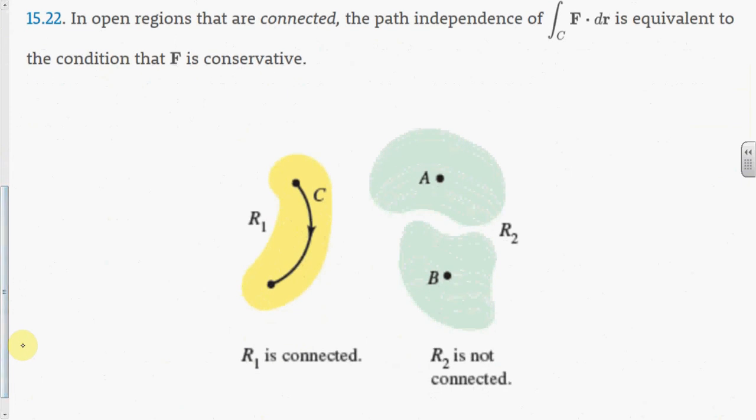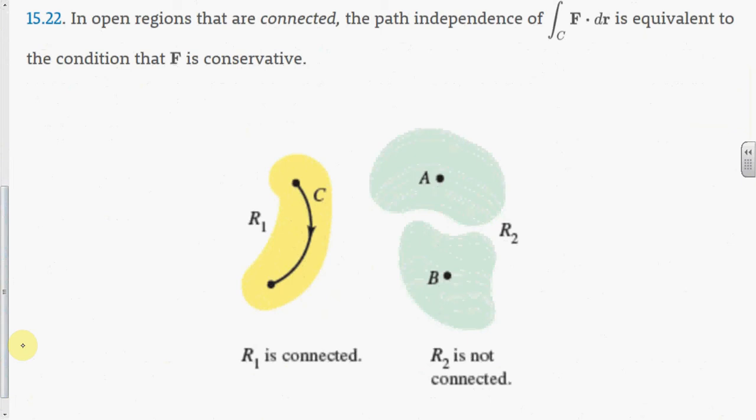We say that the region is connected if I can always take a smooth curve that can connect 2 points in a region